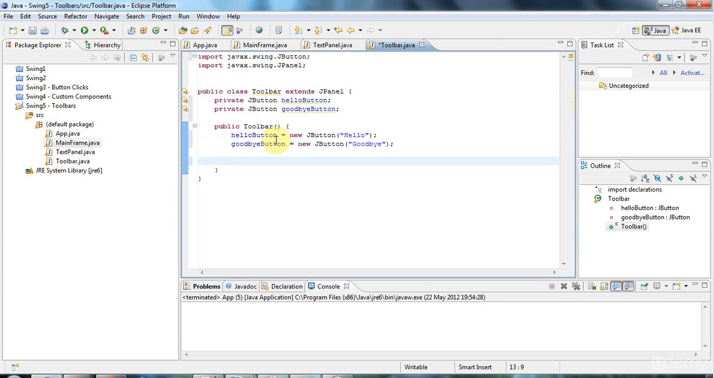Okay, and now I want to add those buttons to the toolbar, and I'm going to use something called FlowLayout, because I don't want to use BorderLayout on this panel. I don't want to add the buttons at north, south, center, east or west, and you can only add one component at each position there. What I want to do is add them from left to right, and there's a layout manager that does that, and it's called FlowLayout. So I'm going to do setLayout, new FlowLayout,